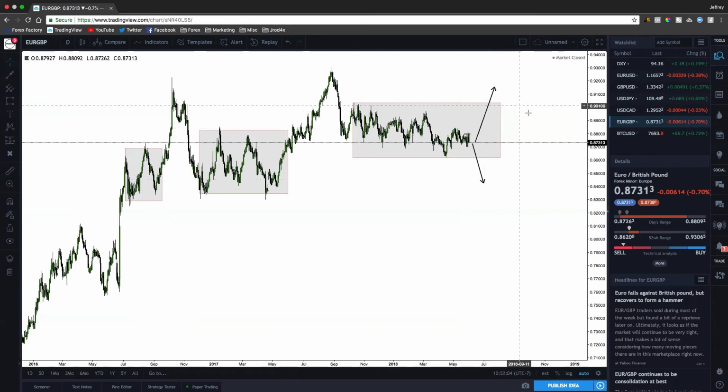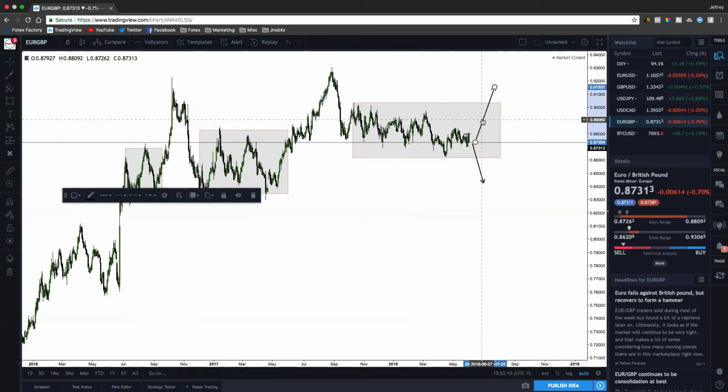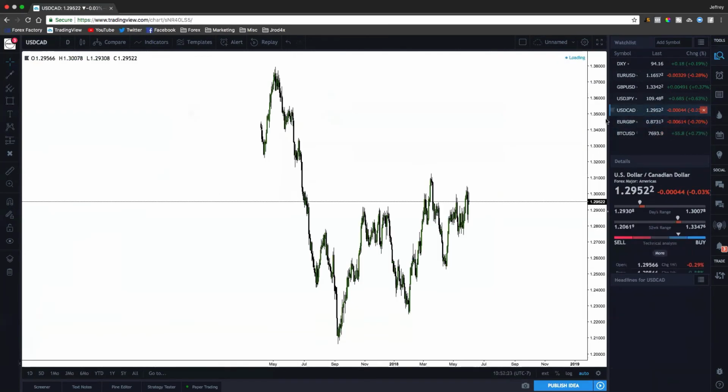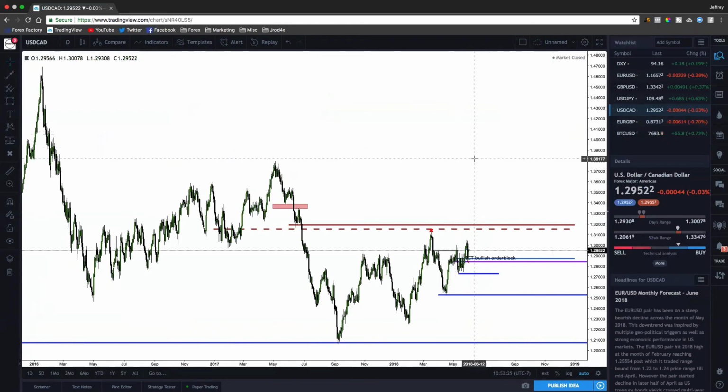So again, I really don't recommend trading this unless you have a breakout, but if you feel like you need to, then maybe that turtle soup setup is something that you can do on an intraday time frame. Okay, so that's it for Euro GBP. Just wanted to mention that I'm not really going to be focused on that too much since it is consolidating so much. The last pair I'm going to go over is dollar CAD because we did take a few losses,